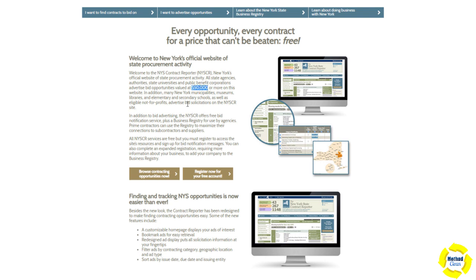Also, I want to point out this part here where the states only have to publicize state agencies, but then here they say many museums, cities, schools. So that means they don't have to put this in for the state bid. So if you live in a big metro area,